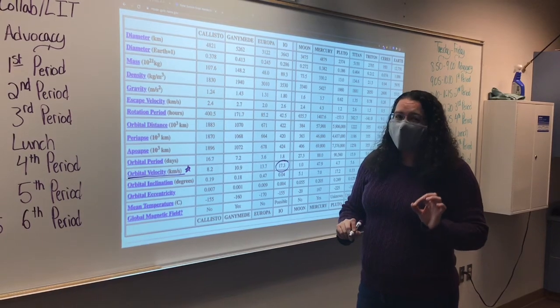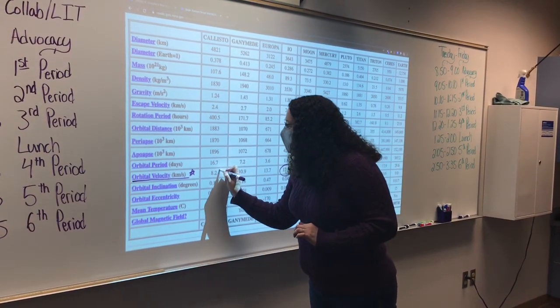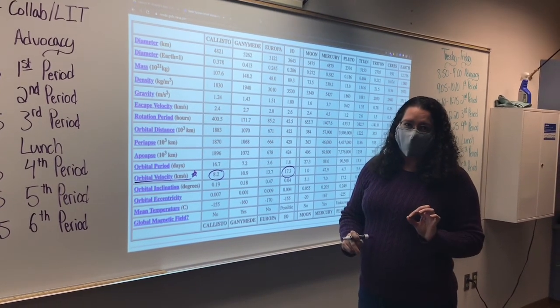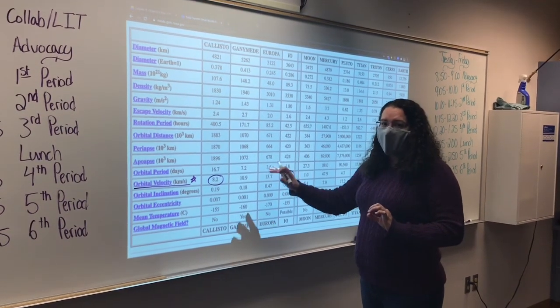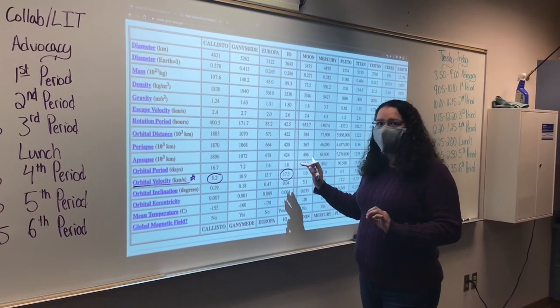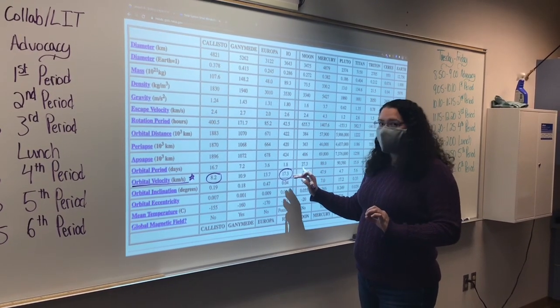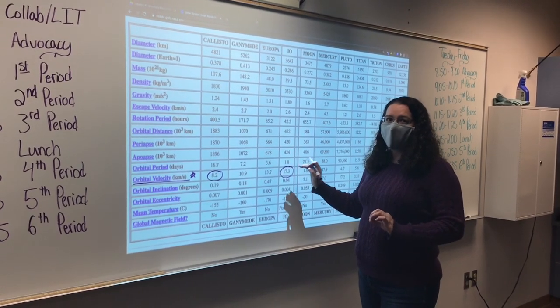So it's actually traveling faster than, say, Callisto, which is only traveling at 8.2 kilometers per second. So not only is the distance further, but this moon that's closer is moving a lot faster. And that's because it's closer to Jupiter and there's more gravitational pull, which is making that moon move